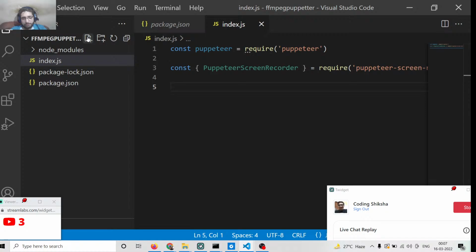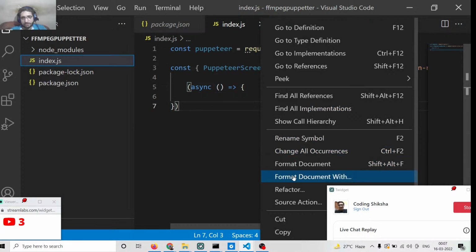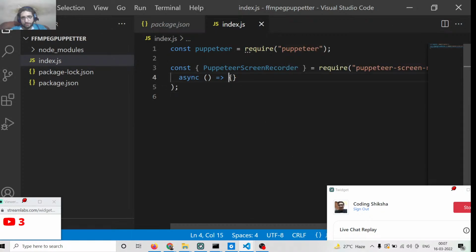So here, guys, we will make an async function. So this will be an async function. So here we will first of all go to any URL of the internet. Let's suppose if I go to google.com. So for this, first of all, we need to instantiate